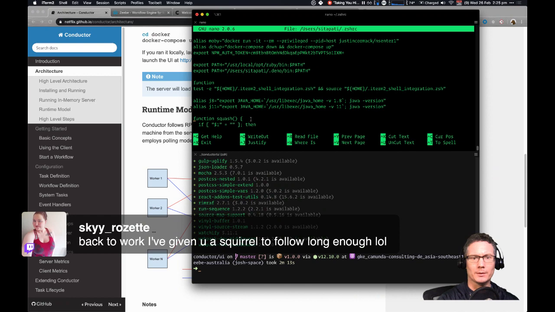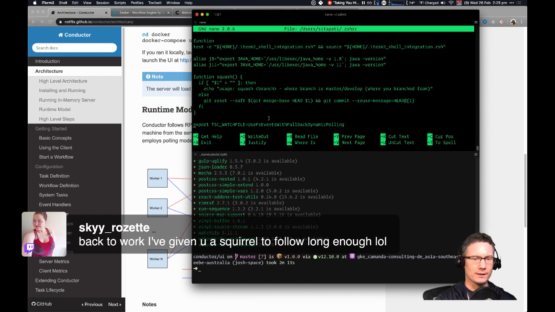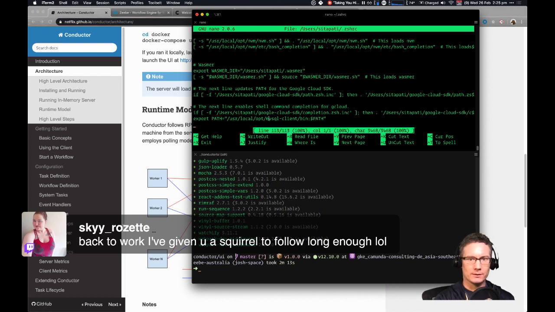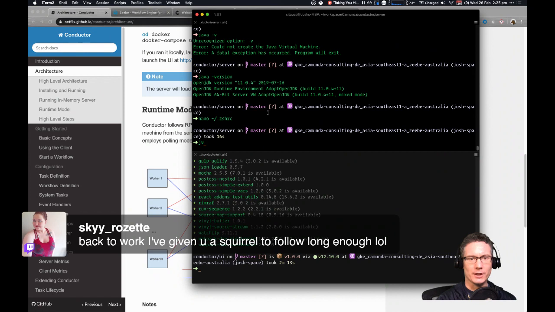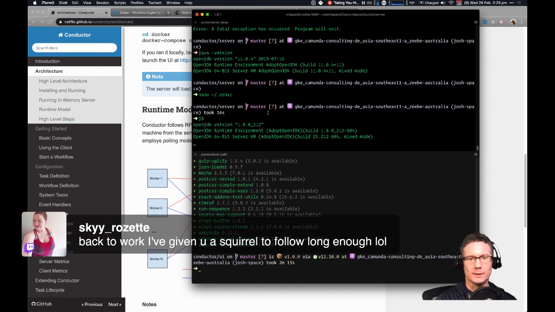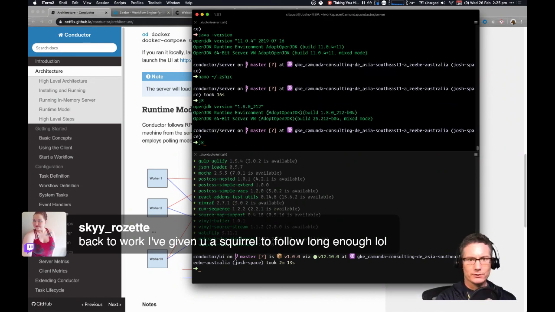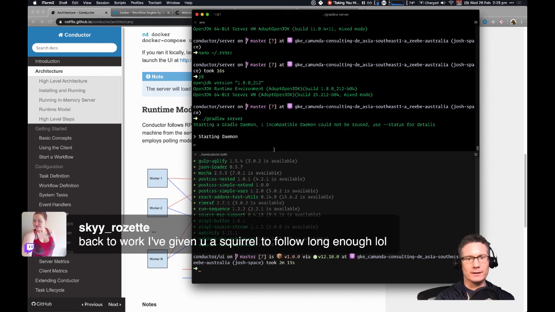Oh yeah, there we go, J8, export JAVA_HOME. So I created a command to switch JDKs. If I run J8, bam, I'm now using Java 8. So if I rerun that command, it should find the right Java and start.